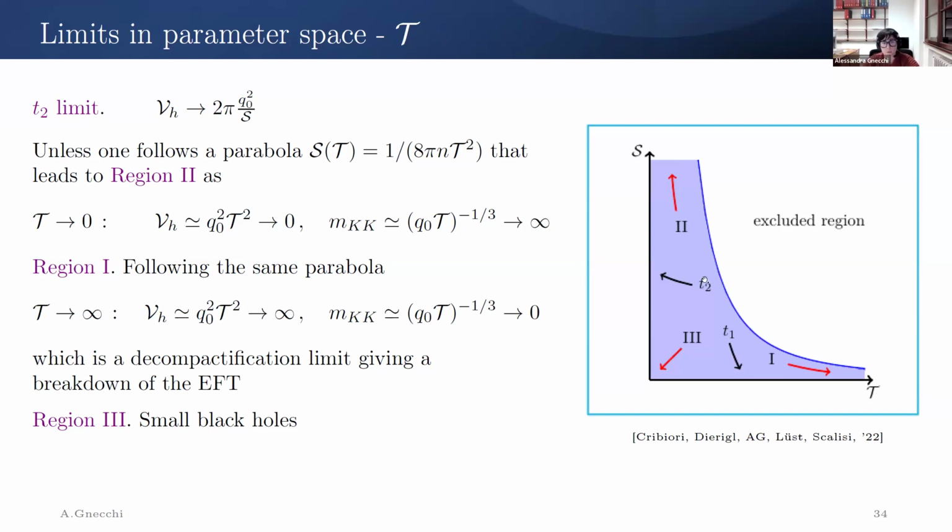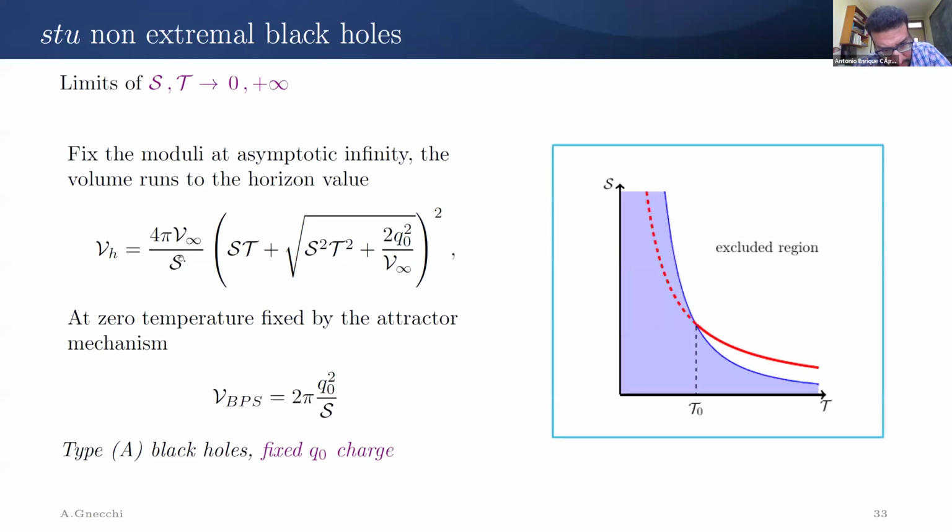I'm finding one limit where you can follow the breakdown of the EFT due to these Kaluza-Klein masses. But this will correspond to the lightest state, because in principle, for the second and the third excitation, the expression will be a bit more complicated. But they will all be proportional to V, so they will all be becoming light. The general expression for the n-th mode will be maybe more complicated.